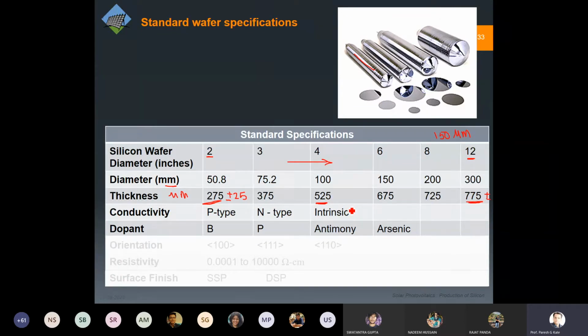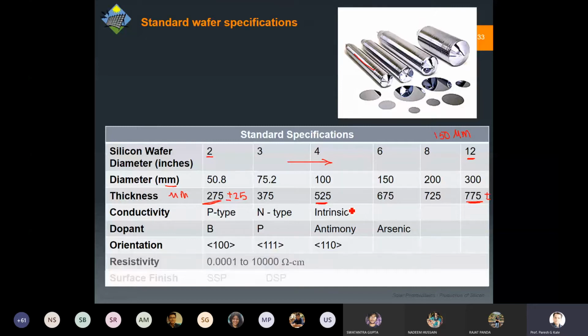So there could be a possibility that you are preferring a particular wafer, but normally boron or phosphorus doping is used. As usual, we have seen the orientation: 100, 111, or 110. 100 is the most famous one, and it depends, again, on the process. What are you going to do with that wafer? What is your ultimate objective? This orientation is going to decide so many things like chemical etching, your efficiencies, and probably the processing itself. If you are going to deposit something on that, it will follow this 100. So that is the thing.